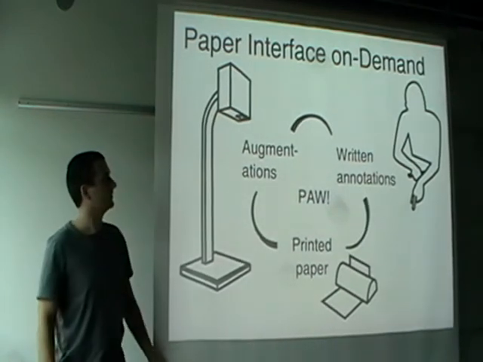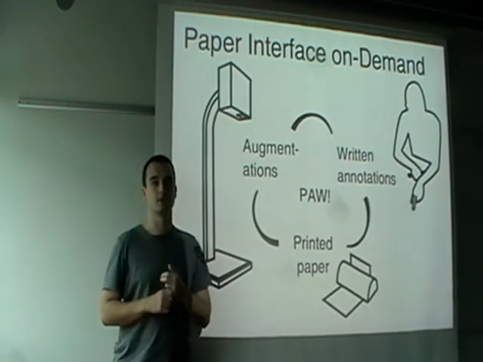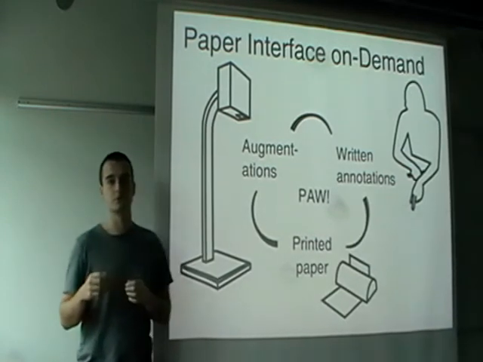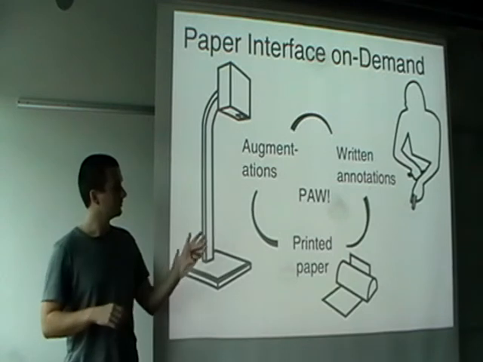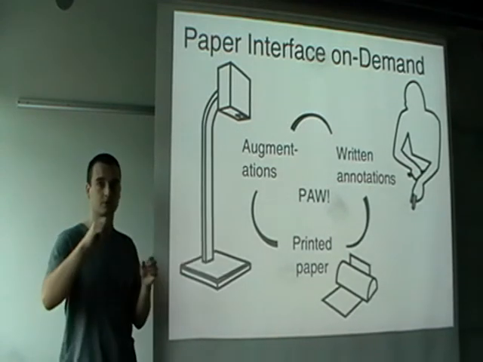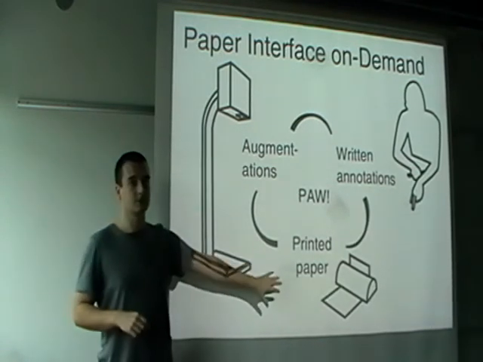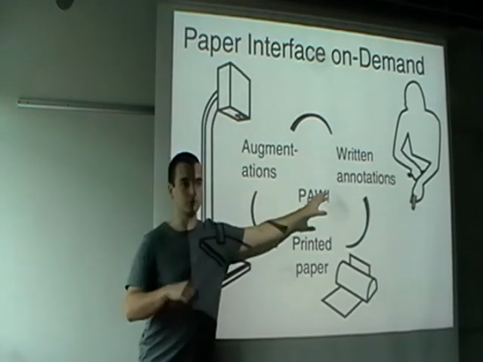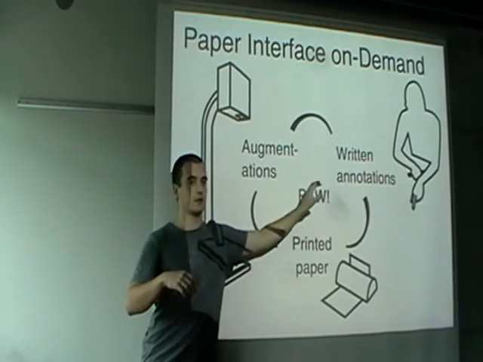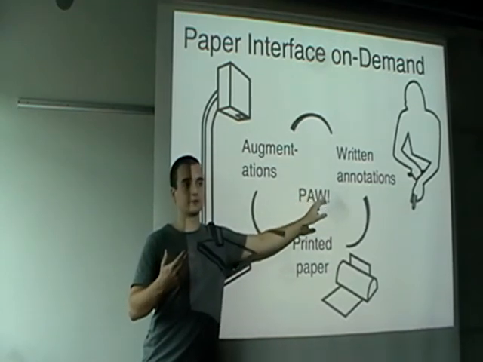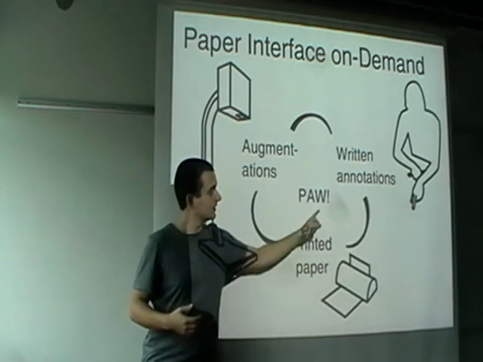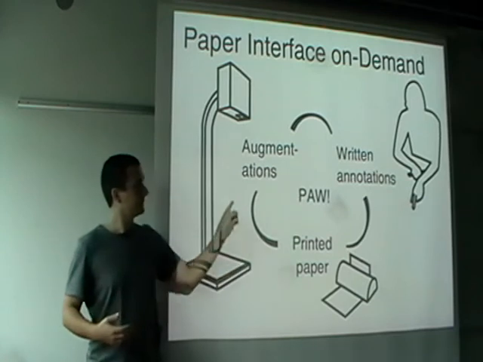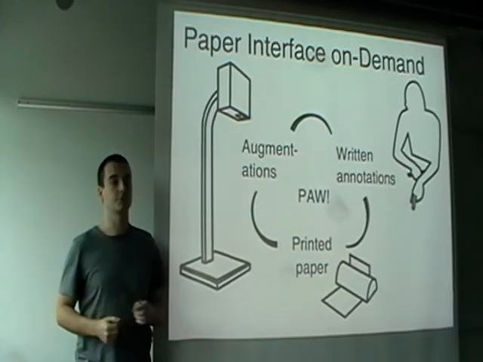So this is a concept that we found, similarly, in this paper prototyping tool for mobile interfaces, where you have this cycle of printing something that gives you a base for both the computer to augment and you to annotate. So both of these are added or changes in the content of the printed paper. And then again you can print it again to give it as a base, which gives a lot of possibilities, as mentioned before, like